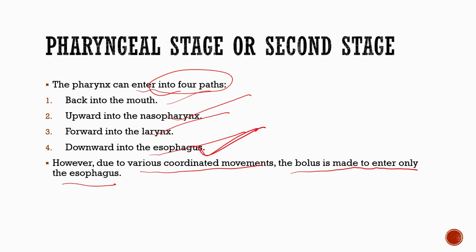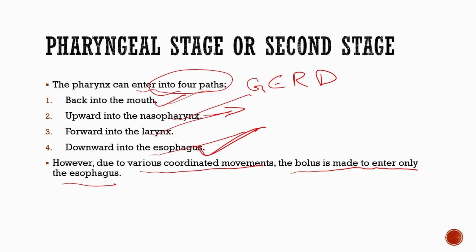So this one is the right path. Back into the mouth. It can happen if you had hiccups or GERD, which you will study after. Upward into the larynx, or we can say nasopharynx, into your nostrils. So if you had, which we call TASA, or